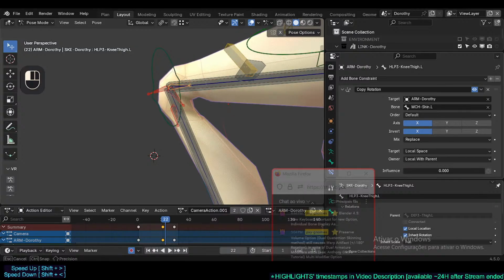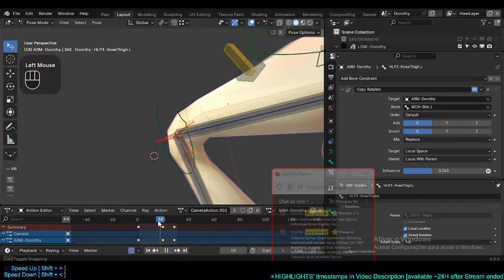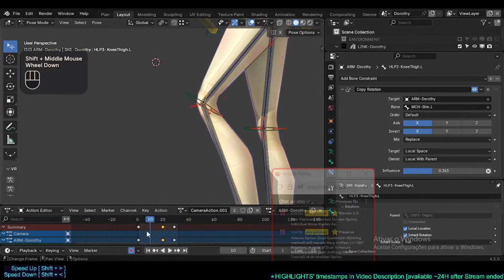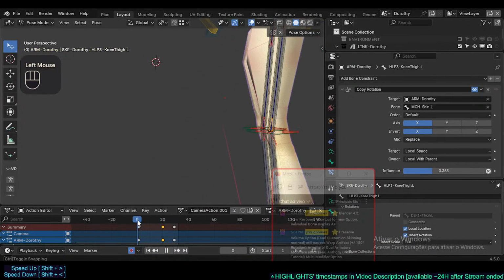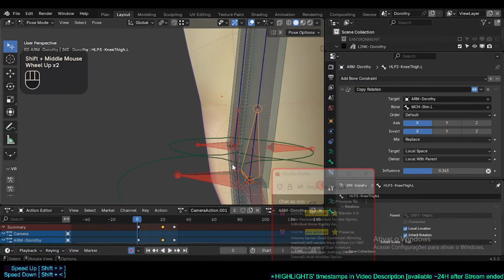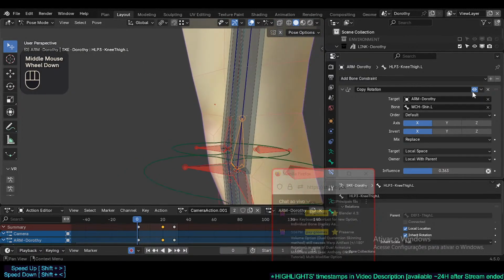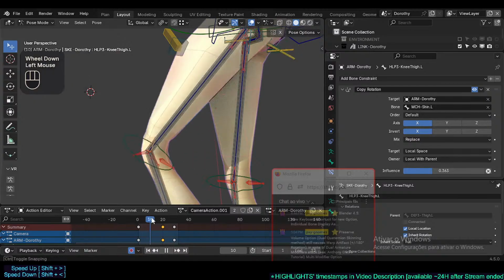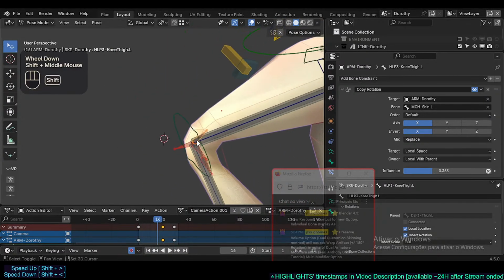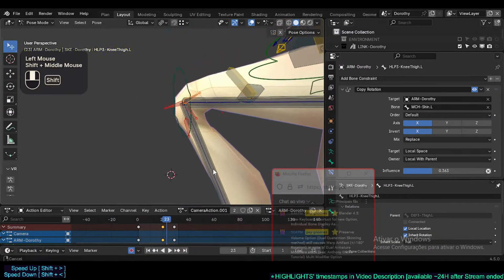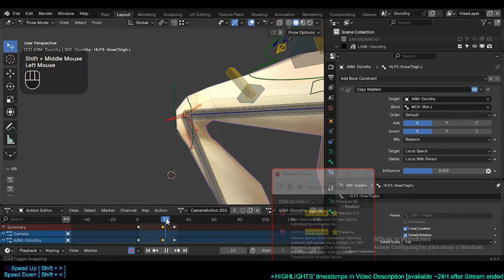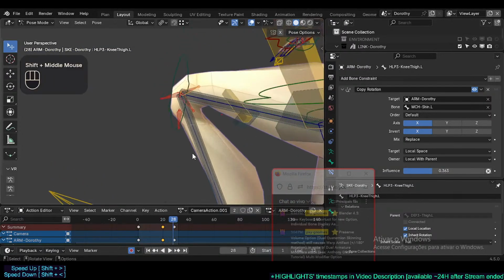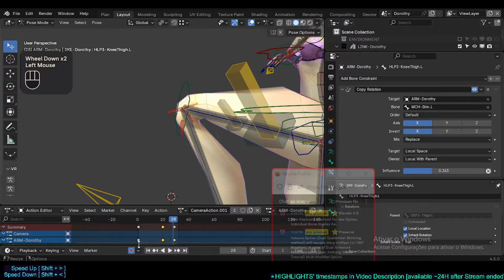Okay, the replace. This will make an instant rotation, right? From the rest position. No, it's not. Replace. Now you see the derotation. And the more we pose here,